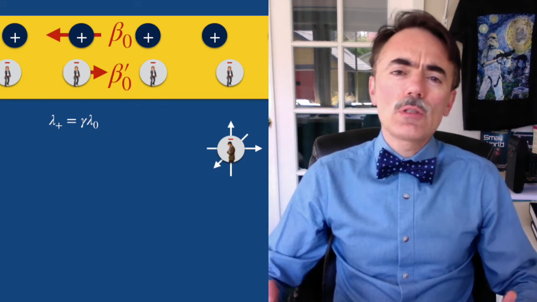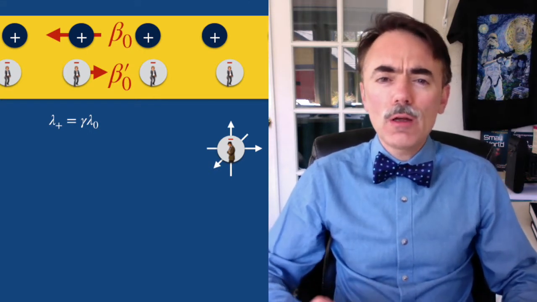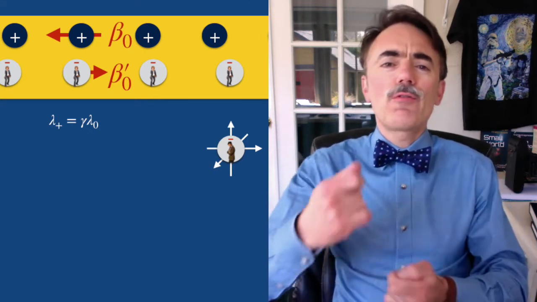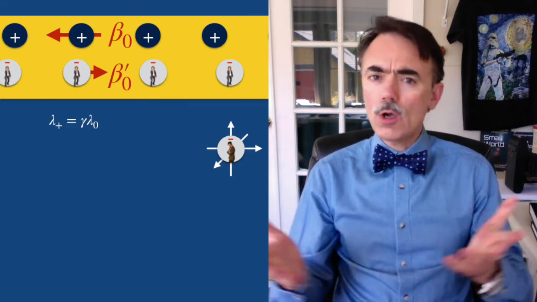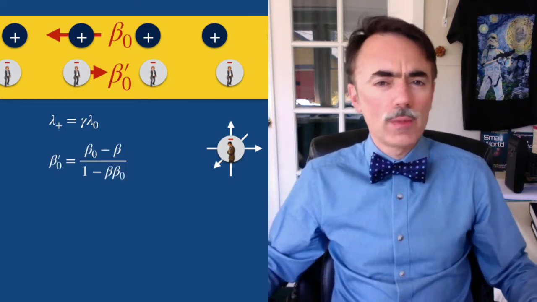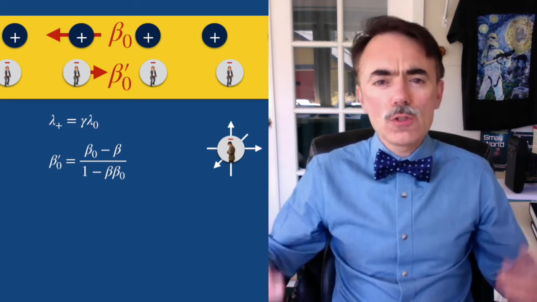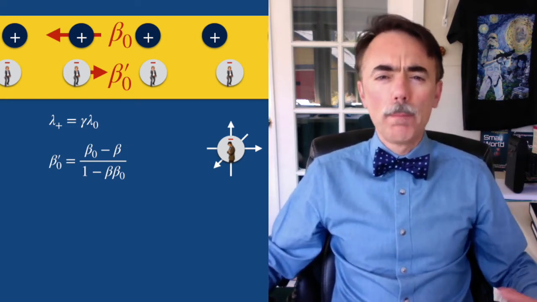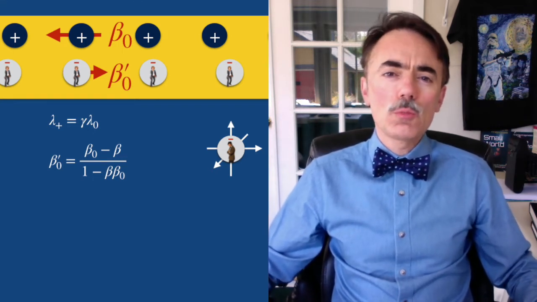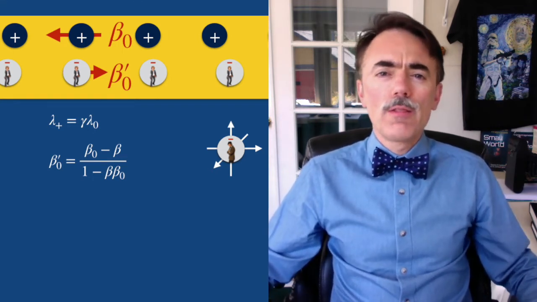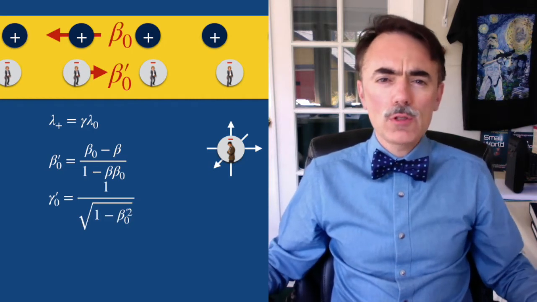For the electrons, we need to calculate the speed of the electrons as seen from our test electron reference frame. Call it beta naught prime. We apply addition of velocities, so beta naught prime equals beta naught minus beta over 1 minus beta beta naught. This gives us a gamma prime such as